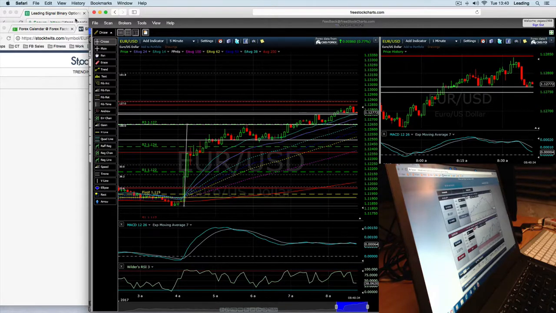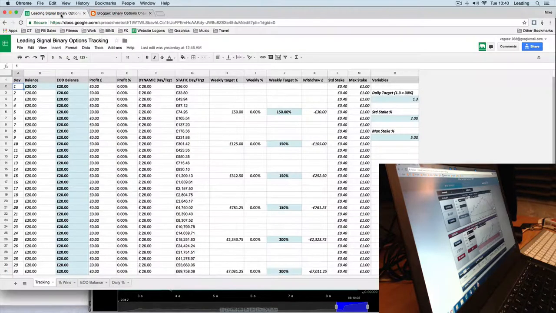Alright, so now I'm up 50% for the day, which is really good, although I'm not too happy with how many trades I took just then. So I'm going to really go easy for the rest of the day. I should have gone easy there, but